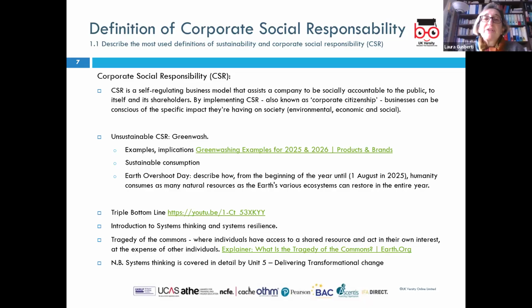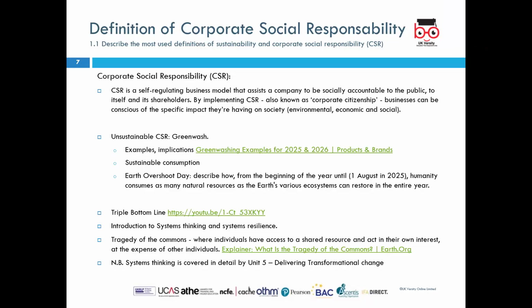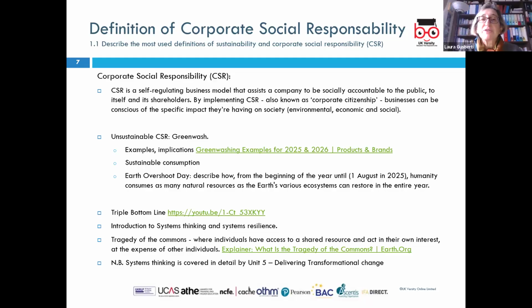Yeah, in terms of the definition, it is not only a long term or a shorter term. Sustainability is a wider concept that regards the whole of society. Corporate social responsibility regards in particular a corporation. So it's their choice to take on a certain stand where they want to